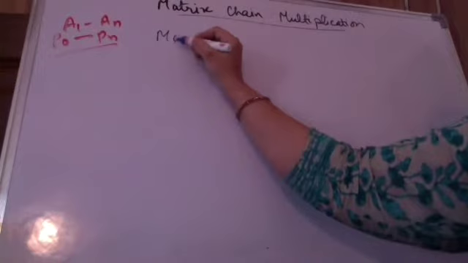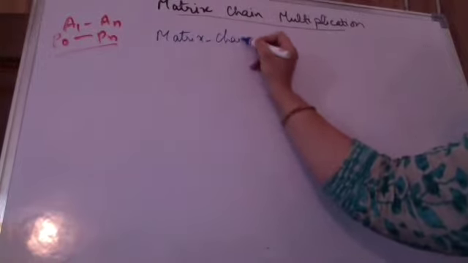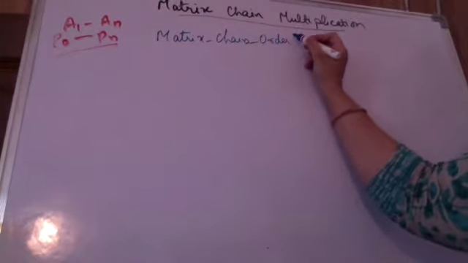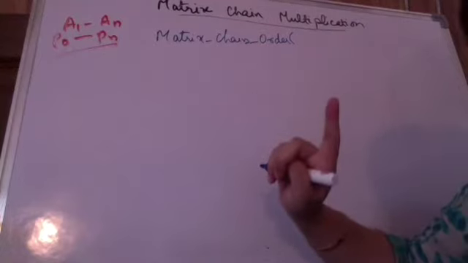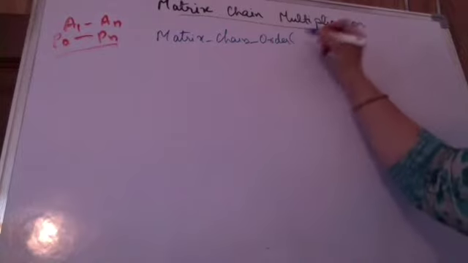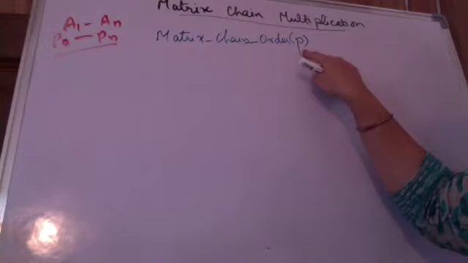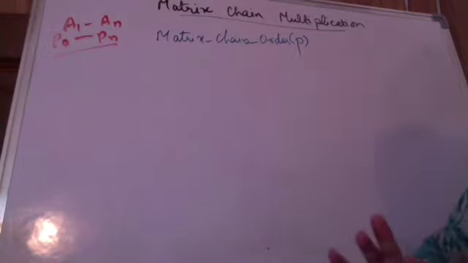Let's see. Suppose I have MatrixChainOrder as a function for which I'm writing the algorithm. Now, because I only need to find the order of the chain, I am not multiplying the matrices. I am only calculating the order of parenthesization. So the only input I require is the order of the matrices which are multiplied. Is this clear? I'm not actually multiplying the matrices right now. I'm only finding the correct parenthesization.